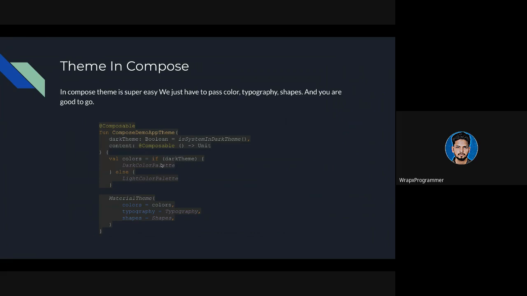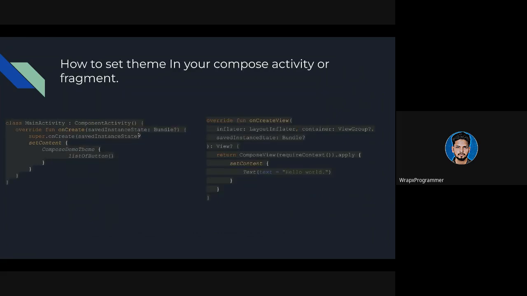Next is basically Material themes. So what I have done is I have passed my own colors into a Material theme, so I can use these themes. And for setting that theme, you just have to go into your activity and your fragment, and just you have to basically